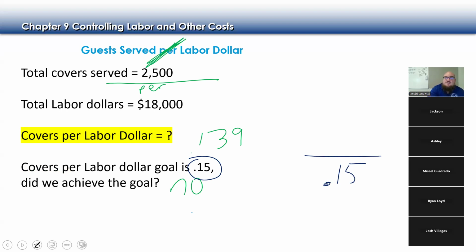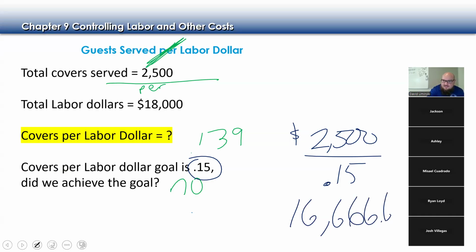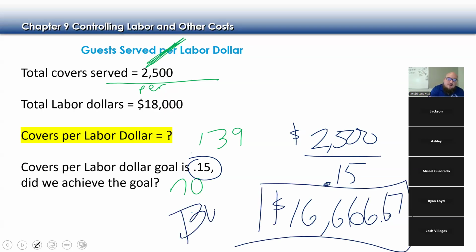If I divide the 2,500 people by 0.15, I get 16,666.67 cents. So that is my budgeted amount. As you can see, my budget was about 16,600 and I actually spent 18,000. So I spent more money on labor than I should have. Okay, so that's how we can double check that particular